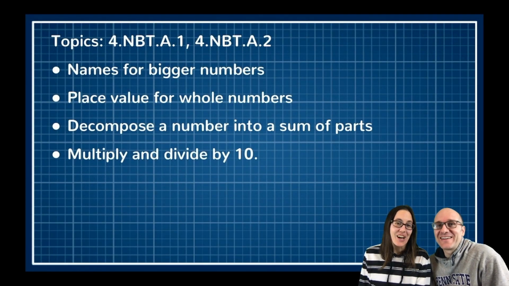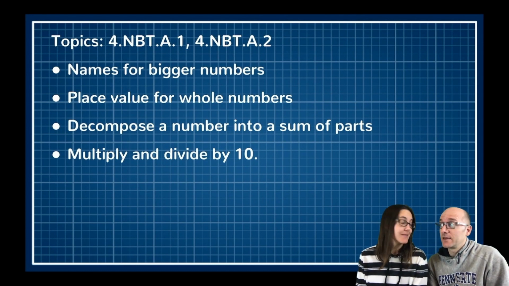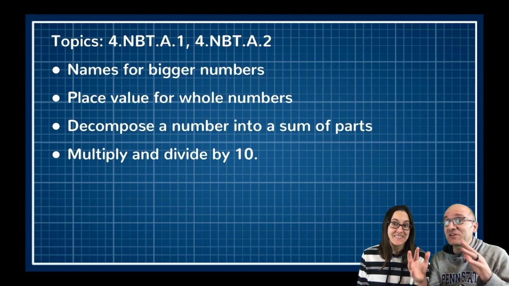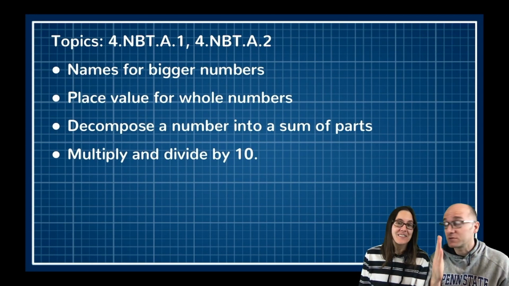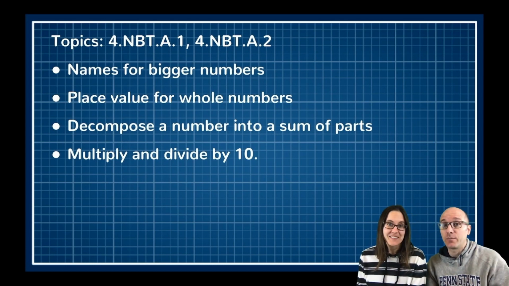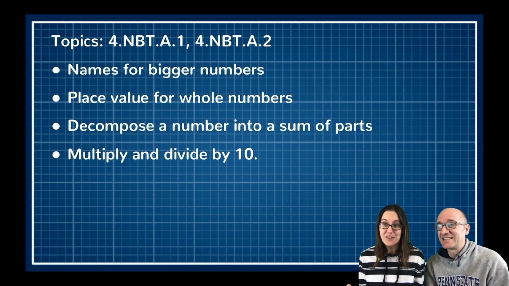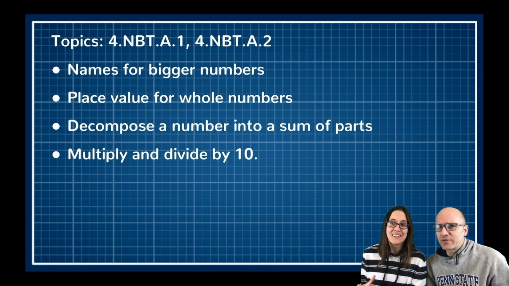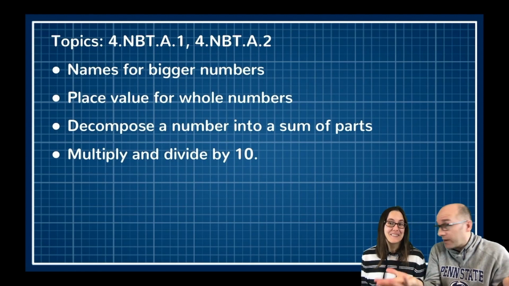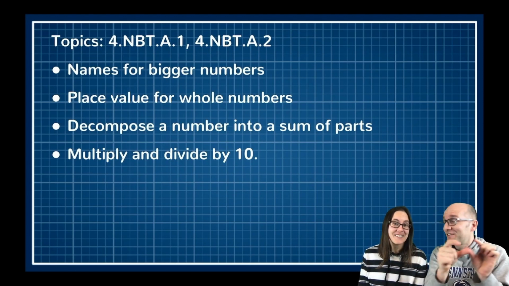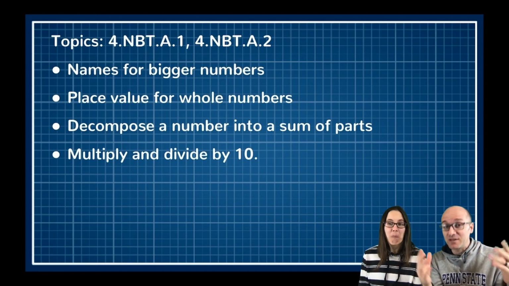Hi, I'm Math Dad. I'm Science Mom, and in today's video we are going to learn names for bigger numbers. That's right, big numbers like millions, billions, trillions, and so on. We're going to be talking about place value, so what each digit means in a number, and decomposing numbers. When I think of decomposing, I think of rotting vegetables in the compost pile. Those vegetables are breaking into smaller pieces as they decompose. Well, numbers are the same way. They're composed of single digits, and we can break them apart. We can decompose them into smaller parts.